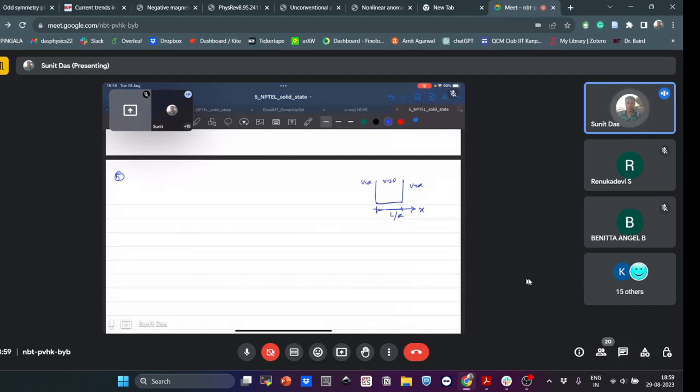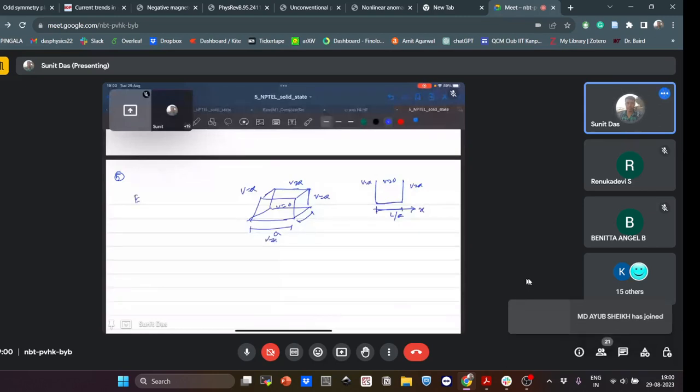Now a similar extension can be made for 3D and 2D as well, right? So let's have a 3D box. And again here also, let's say the width is A, all are the same, and a similar thing happens here. Inside it V equals 0, but outside, all the outside places V equals infinity. Then the formula for this will be given by